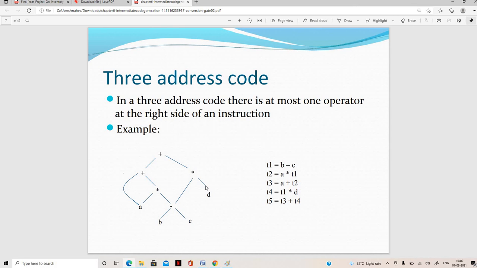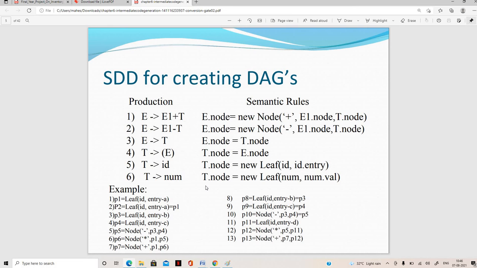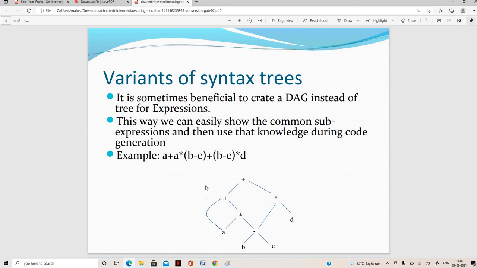So next we are having 3 address code. So this we'll discuss later. Just we'll define the thing only. So this is the intermediate code generation process. In the intermediate code generation process, we are using variants of syntax trees only. So this intermediate code generation process comes under the front end process only. So when it comes to variants of syntax trees, to define the syntax tree, here we are using DAG, the directed acyclic graph only.